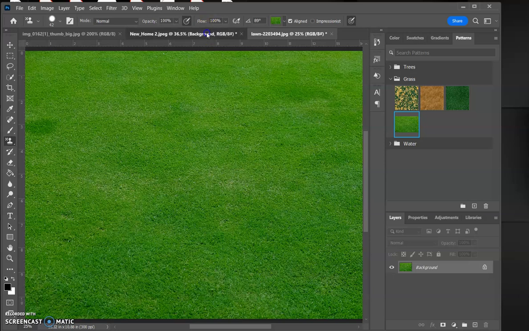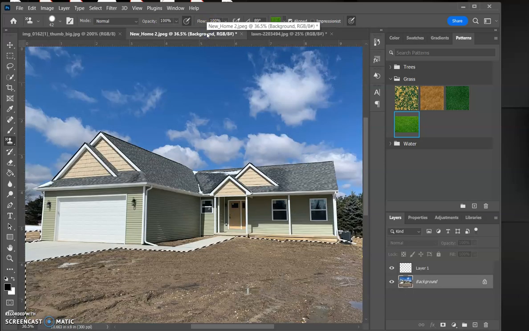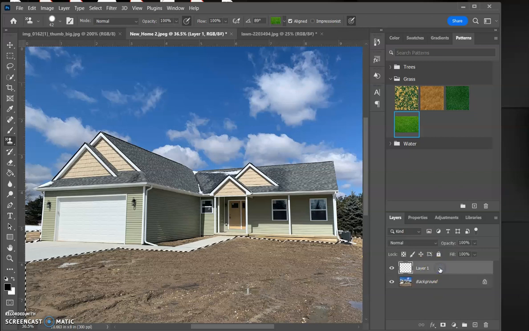Now we're going to go over to the house that we're going to landscape. To save time on this video, I already selected the dirt in the front lawn. When you do this, just make sure that you have the dirt selected and you don't have part of the sidewalk or the house. I use the quick selection tool to select the dirt in this picture. So here's my background image. I've already created a layer 1, and I just did that by using an add layer